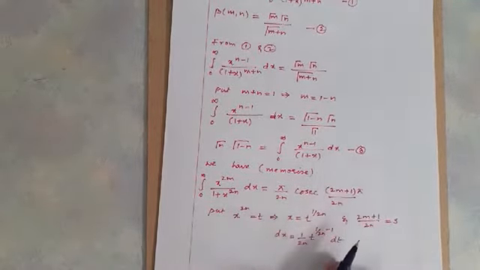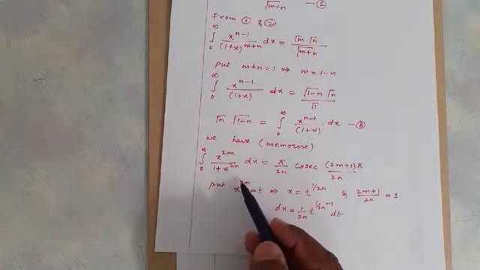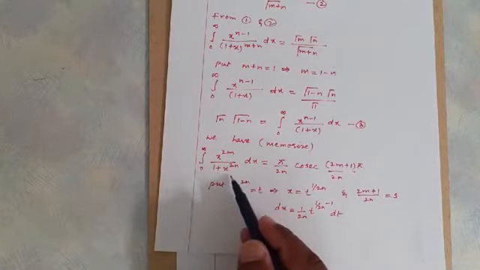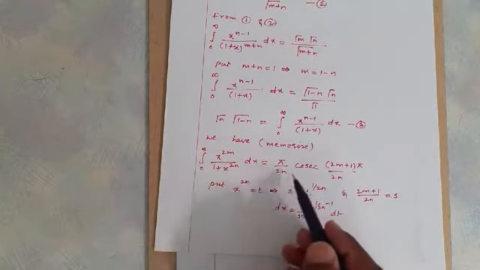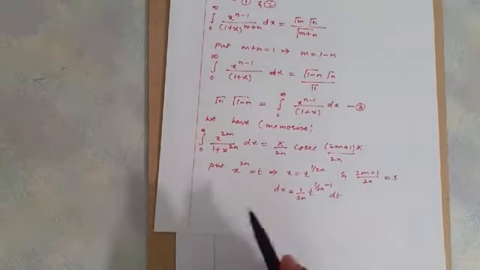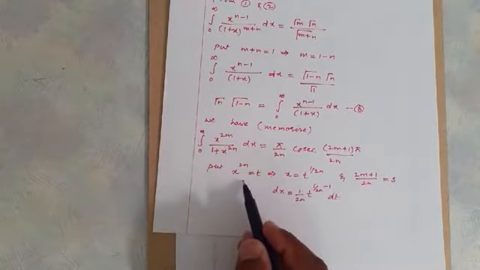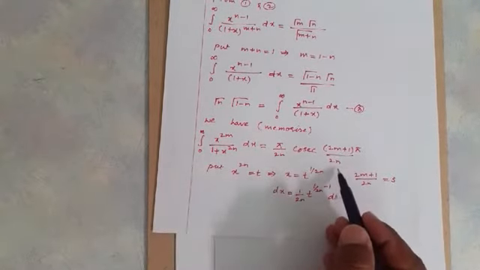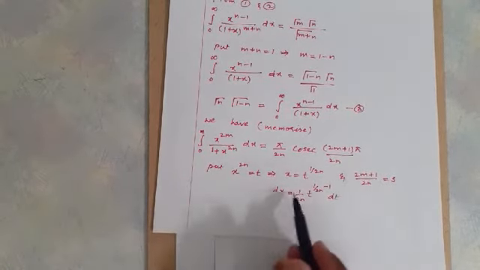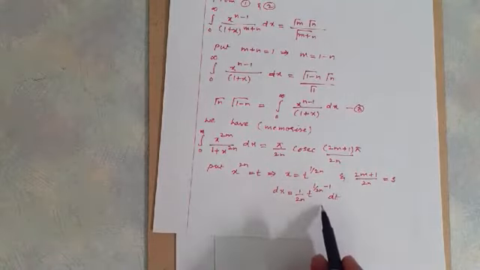After taking equation 3, now we have taken one property from this, that is integral 0 to infinity x power 2m by 1 plus x power 2n dx is equal to, and so on. This you have to memorize. Now after this again we have taken a substitution. Here x power 2n we have taken as t, and 2m plus 1 upon 2n we have taken as s, and then we have taken x is equal to t power 1 by 2n, and we have differentiated.